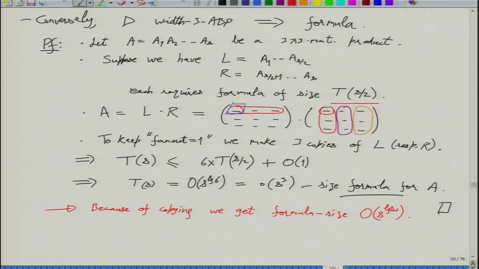Okay, so up to constant width this is fine, but when the width is non-constant, then it gives you a quasi polynomial sized formula,